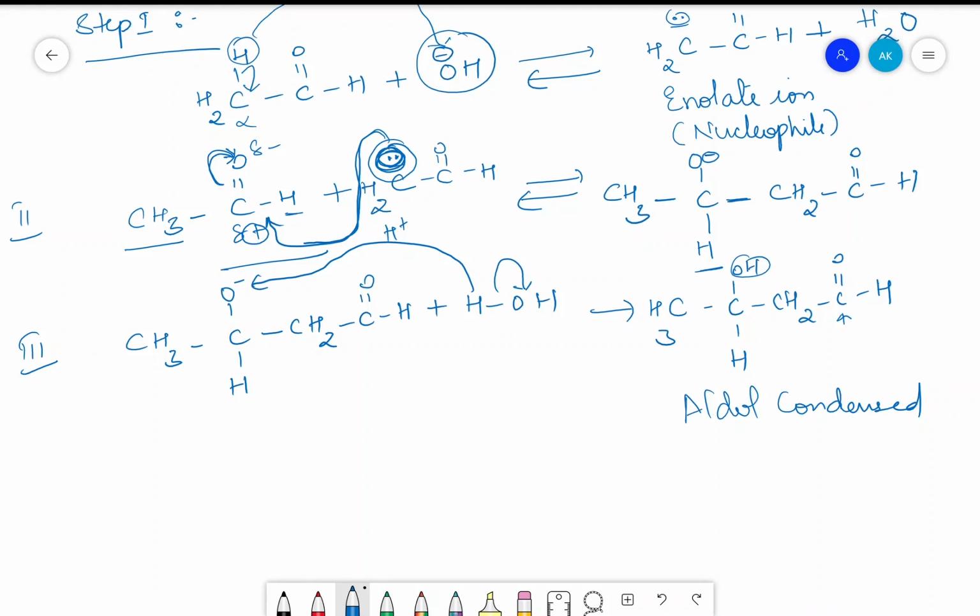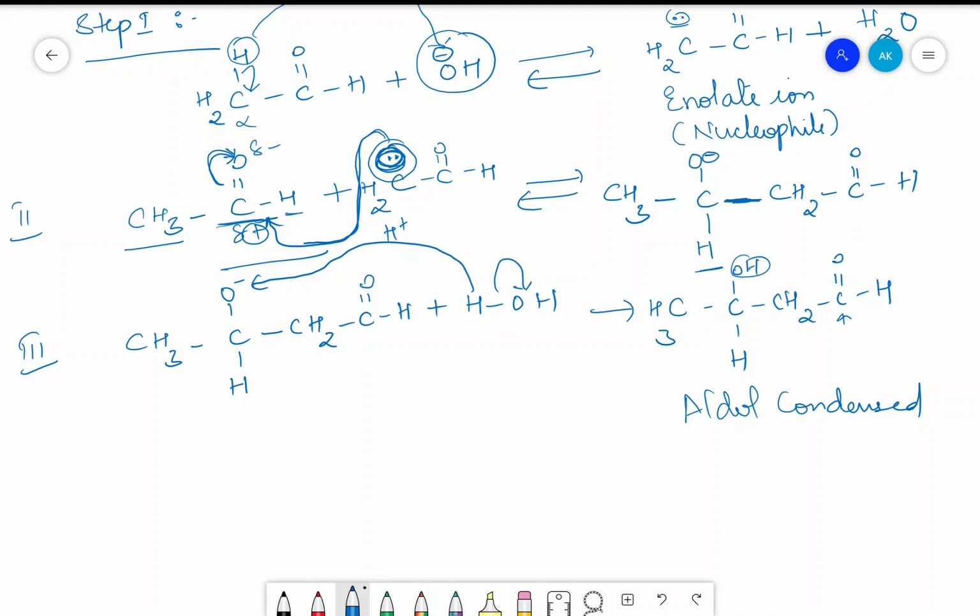So it is very simple provided you understood the concept of formation of the enolate ion. Enolate ion will act as a nucleophile and it will go and attack another carbon of the carbonyl group, which is this particular carbon. So step 1 is formation of enolate ion. Step 2, enolate ion will go and attack the carbon having partially positive charge and result in the formation of this particular bond. This is your new bond, sigma new bond.